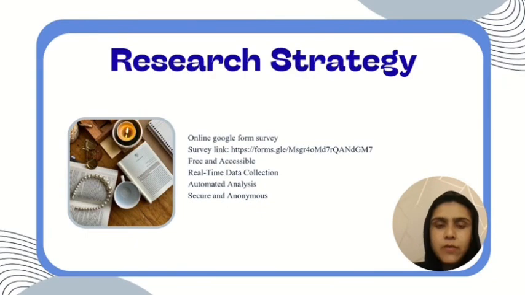Research strategy. There are different types of research strategies. For example, case studies, surveys, interviews, experiments. For our topic, we selected surveys. This allows us to explore digital inclusion in a real-life context by collecting both in-depth and broad data. It was helpful because it was free and accessible. Free to use with a Google account, accessible from any device with the internet, including mobile phones, tablets, and computers.